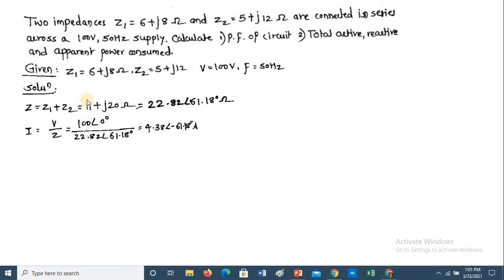So this total impedance, 11 plus J20, is an RL series circuit, and in an RL series circuit my current is always lagging. When the current is lagging, obviously its angle will be negative. The angle of voltage is 0 degree, which means voltage is at the reference position, and compared to that reference, the angle of the current is negative. It means the current is lagging the voltage by an angle 61.18 degree. So I am getting a negative angle in the current polar form, which means I am correct. Whatever I did in this numerical till this step is correct.